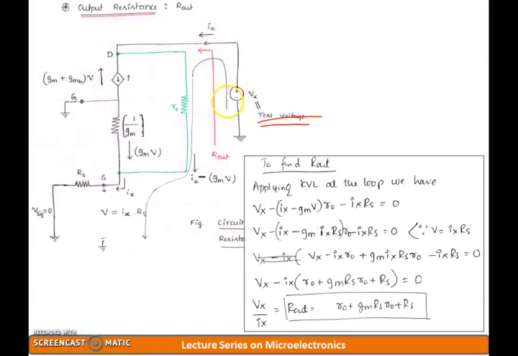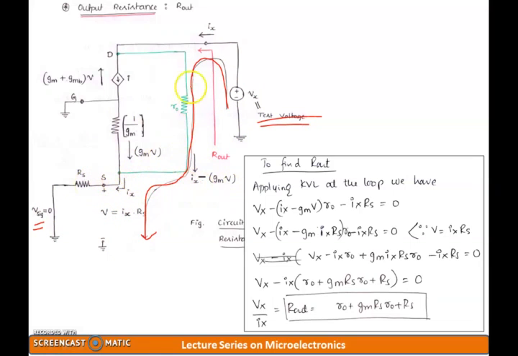Now this test voltage will follow the path of the Vx, then R naught, and then moving down the lane to the source and then to the ground. Here I am not considering the voltage across the source as input because I am just making the signal voltage 0. Remember, when I am applying any test voltage to find the output resistance, I need to make the input voltage equal to 0. So whatever the voltage that I am seeing over here, it is the voltage generated because of the current Ix multiplied by the resistance Rs.